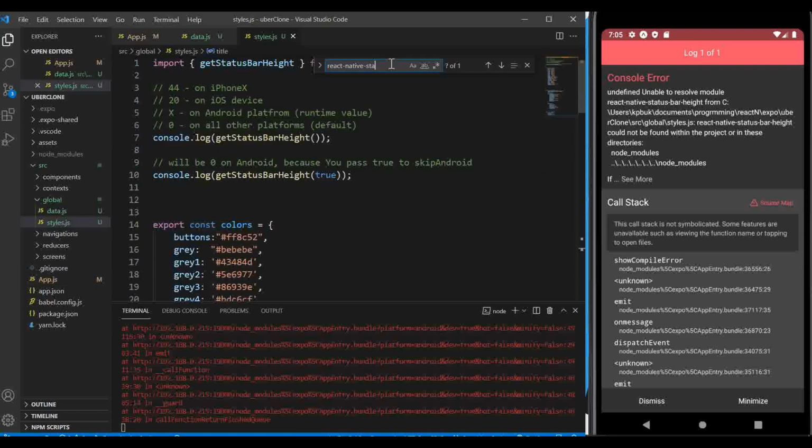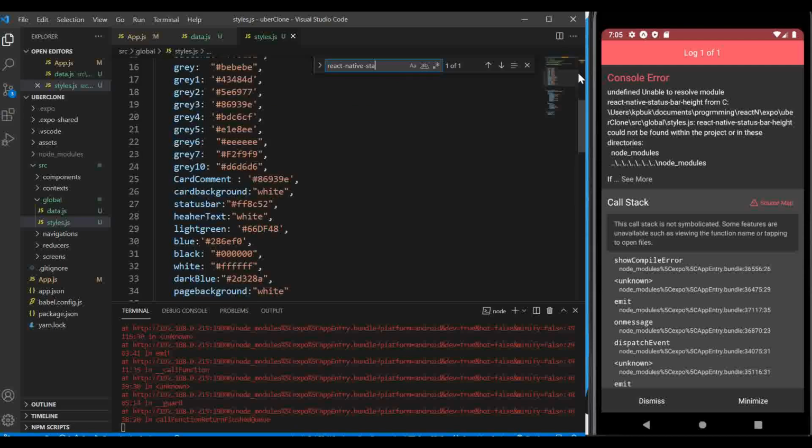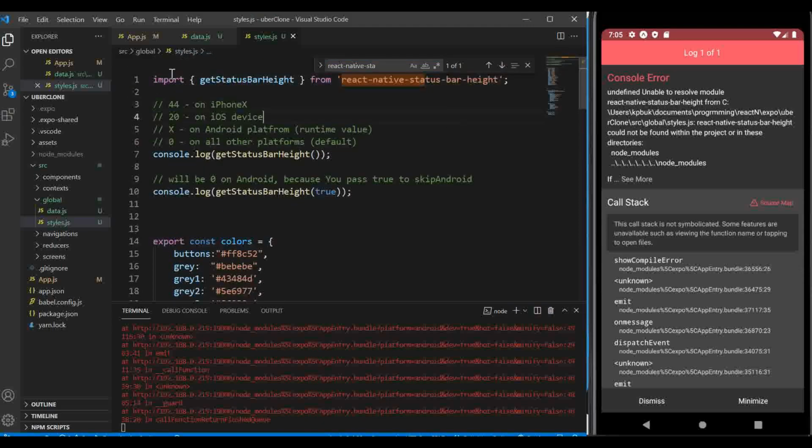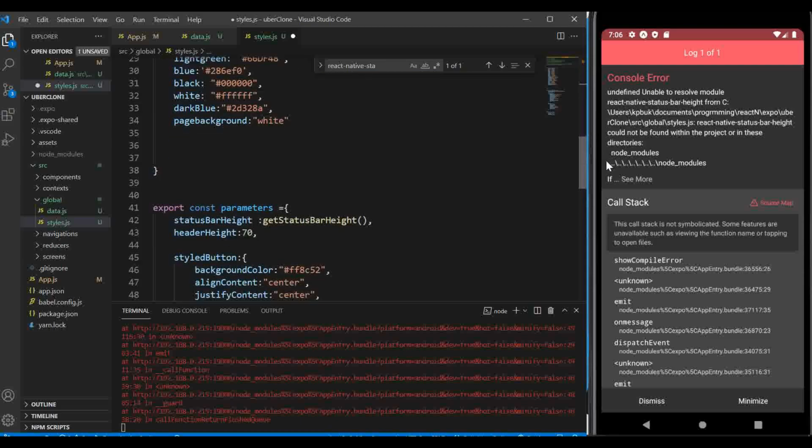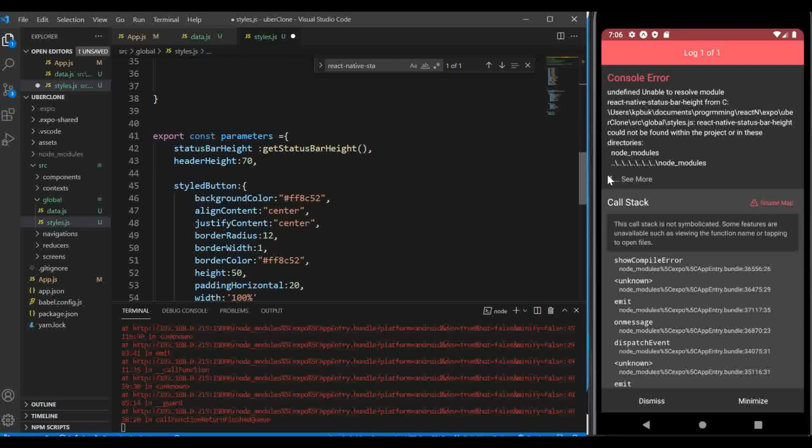Let's go to the global stars. Do I have that? Okay, this is where we're getting the error from. Importing this React Native in our global stars. For now, I'm going to comment this out. Comment that out. And all these things, all these are useless things. I think these were just for demonstration purposes. You can comment all those things out, and